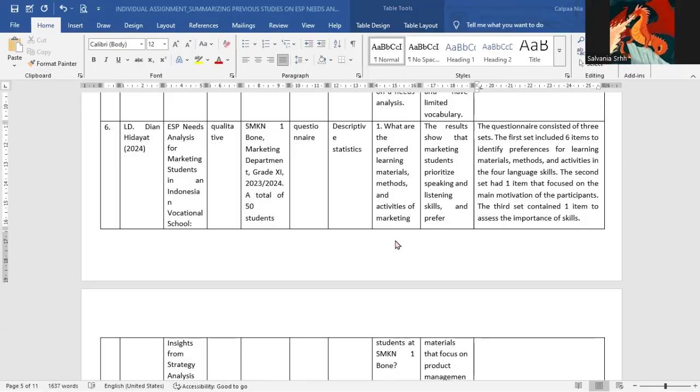The study used a qualitative approach and involved 60 11th grade students who filled out a questionnaire via Google Form. The results of the study show that students prefer interactive and career-oriented learning methods with a focus on practical language application, such as product management and marketing strategies. Students also